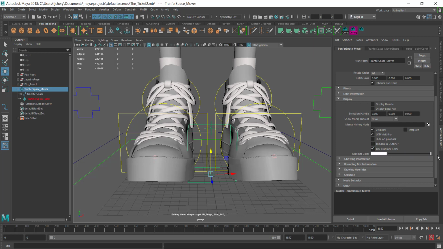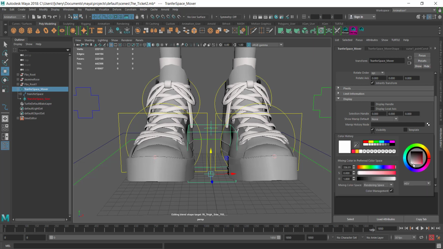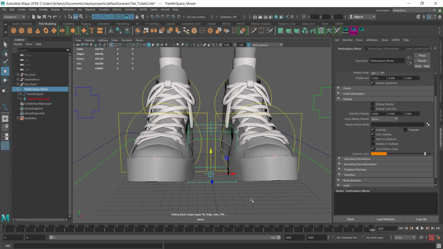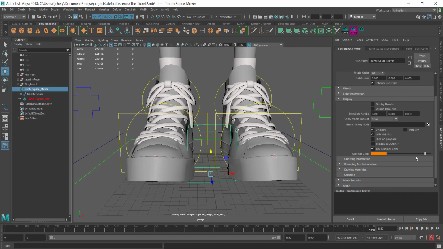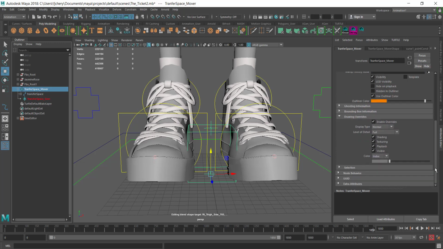On my top one, use outliner color. And then I'm also going to make this one red. Yeah, you know what? Let me make this one orange instead. And you can see the difference between them. But then I'm also going to go to drawing overrides and then enable drawing overrides as well. And then